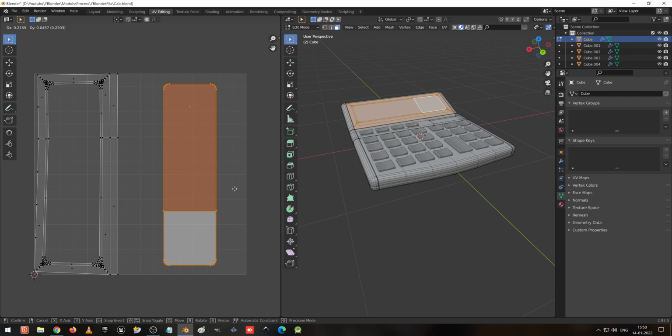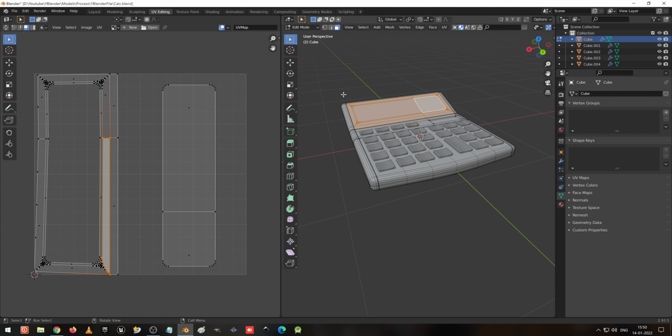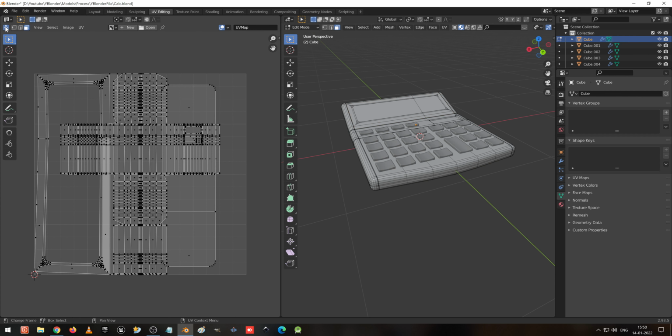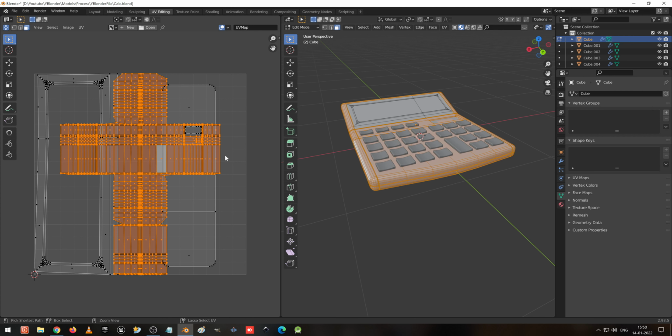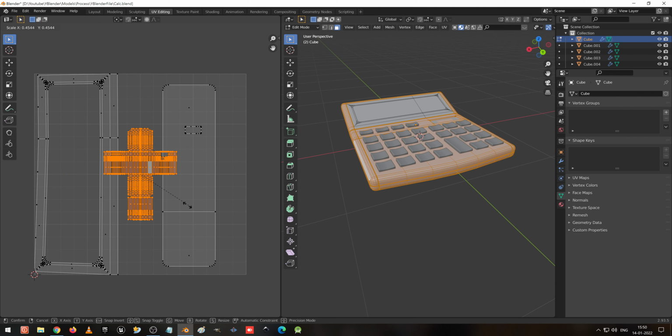So this is the one thing, and that is the other thing. Go to the synchronize tool. Now you can see, Ctrl L to select everything and scale it down, which is not required for us.